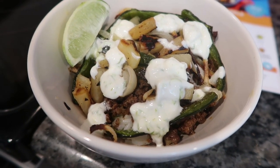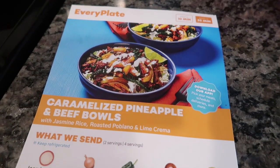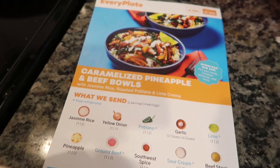And so I didn't share with you guys how to cook the rice, but I mean, it's pretty basic. You just take that packet of jasmine rice and cook it on the stove in water. So it's pretty simple. I didn't share with you that step, but I did go ahead and make the rice